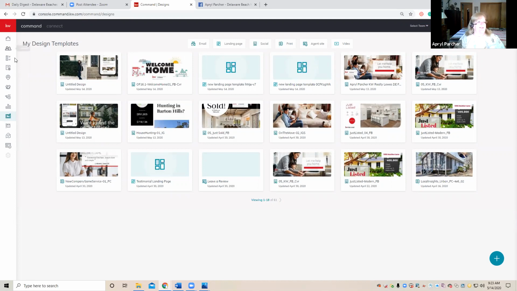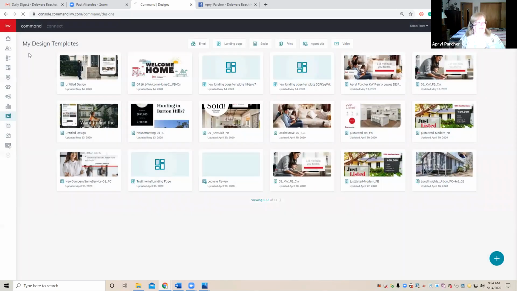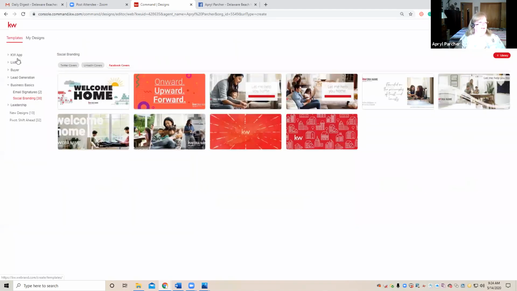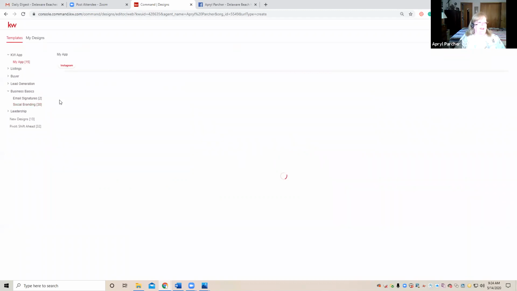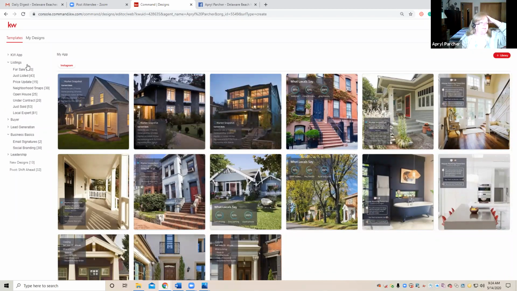So there's lots of different kinds of things you can do, like in design and templates. I'll show you a few of the others that they have. I have to go to next in order to add one in order to find the KW templates that are already there. So there's lots of different my app templates, and this is just Instagram, but KW apps for